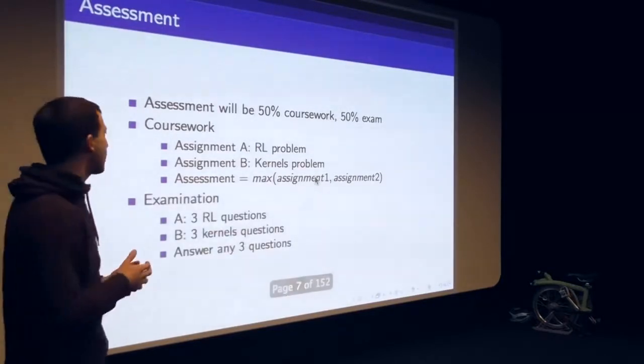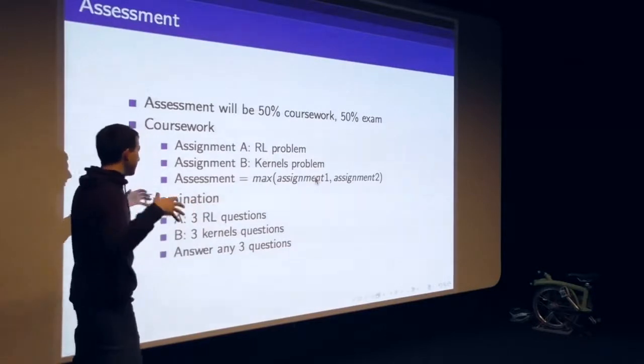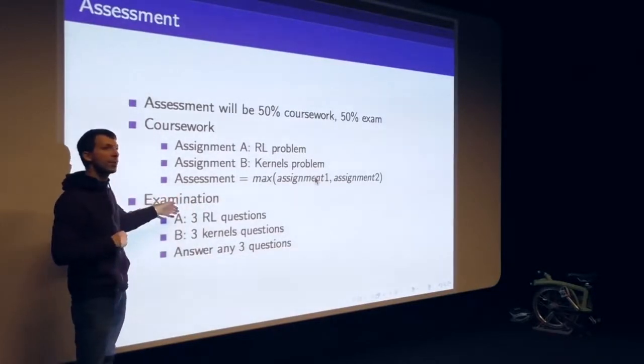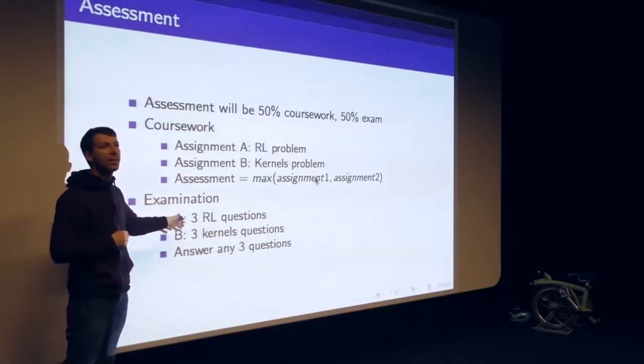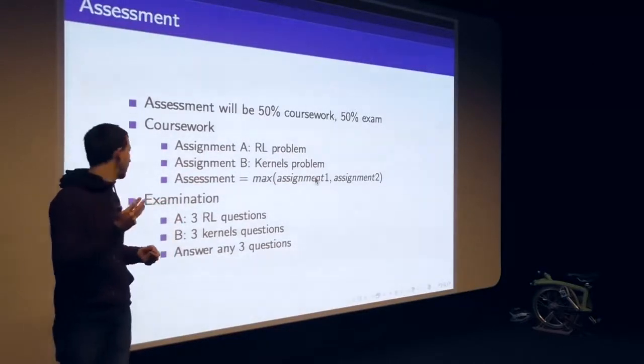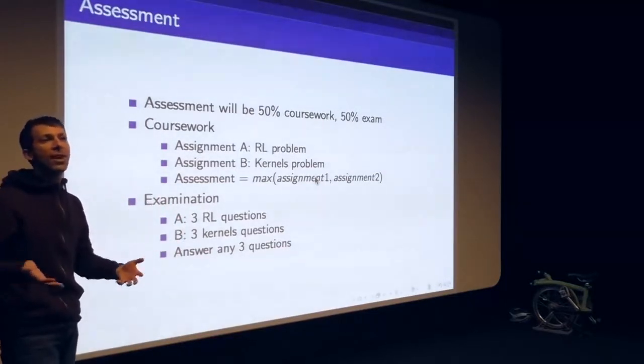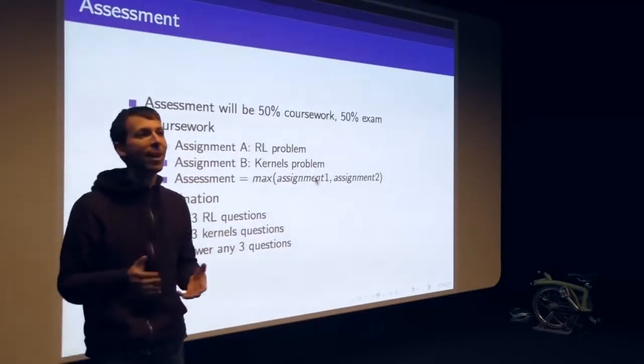And in the exam, the way that we get around this issue of having two half classes is that there are 3 reinforcement learning questions in the exam and 3 kernel methods questions in the exam, and you can choose any 3 to answer in the exam. So if you do study for both parts, you have the flexibility of choosing amongst them, but you can again